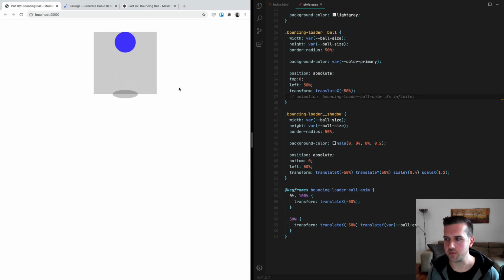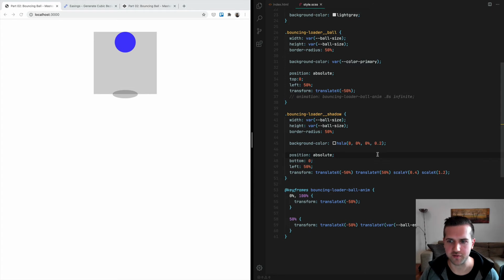It's like a two-motion animation. We have the ball going from up to down and from down to up. When the ball goes from top to bottom, it goes like slow, fast. In the opposite direction, it goes like fast, slow. And then you get the motion of the bouncing ball. So we have to